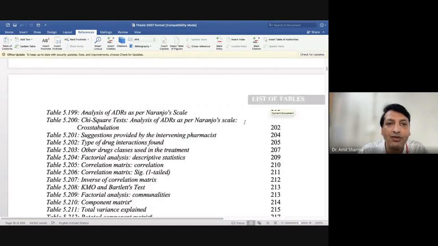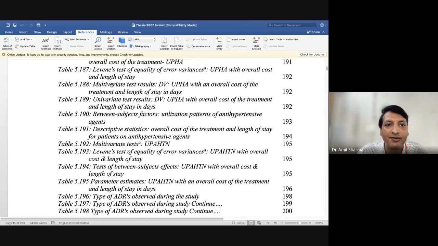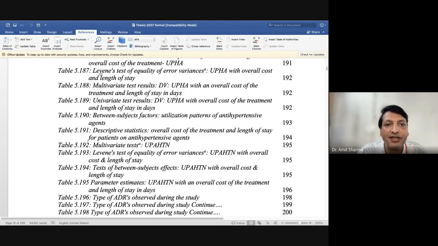Now, why do we want automatic numbering of even tables and figures? For example, I have written a thesis and given it to my supervisor for correction, and multiple tables are there, more than 213, and my supervisor does not like to show the results of, for example, Levene's test of equality of variance. He said, okay, we don't want to add this particular table in our thesis, delete this one.